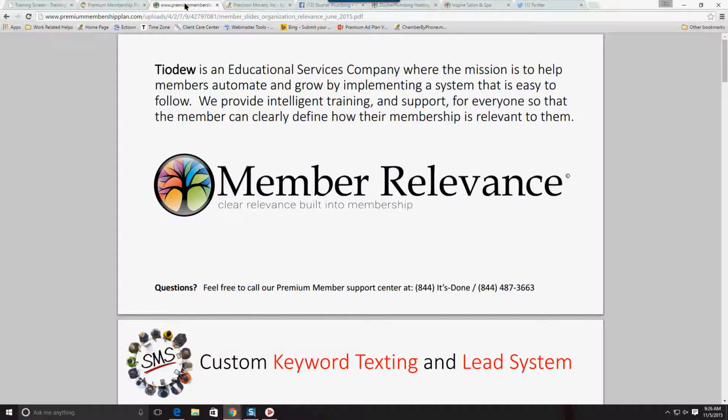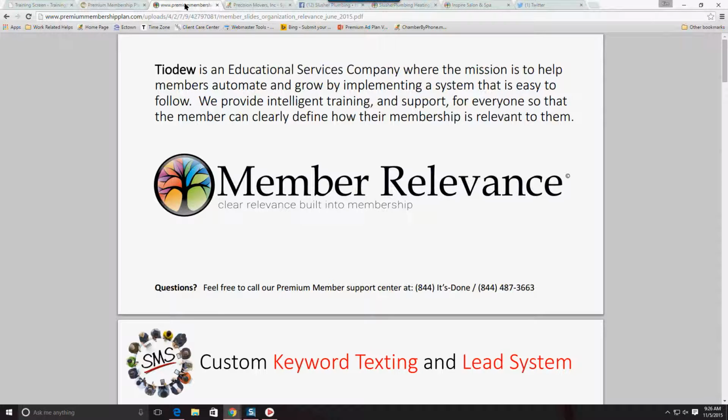And so just really quickly, the purpose of the Premium Membership Plan is to provide you with a real expanded web presence, keyword texting, a mobile feature, a mobile site actually, and then also to create a few social media auto-posting availability. And so the Premium Membership Plan, like I mentioned, is that our support center here provides the help and the work that is needed.